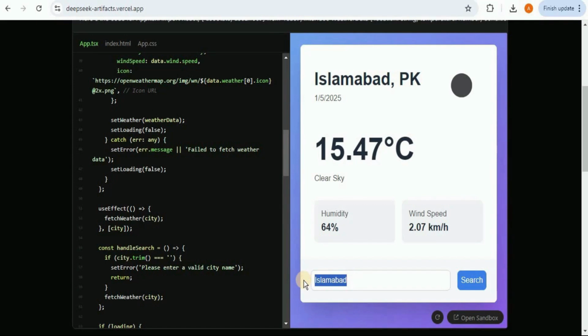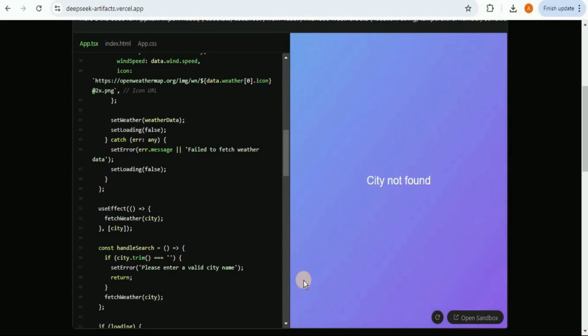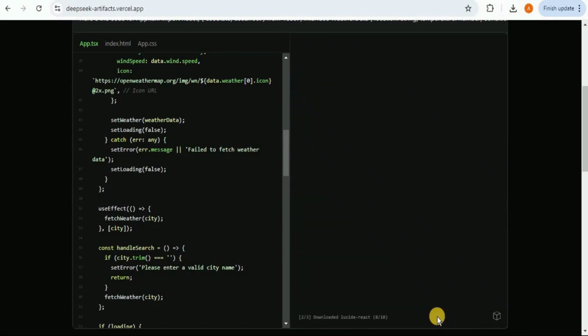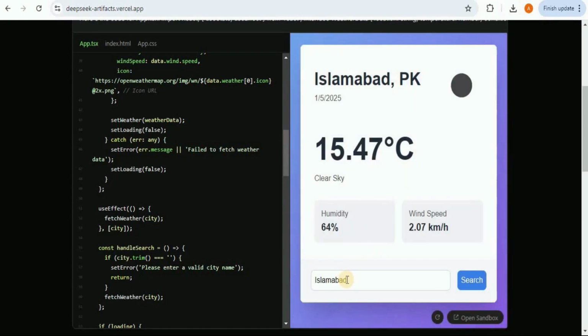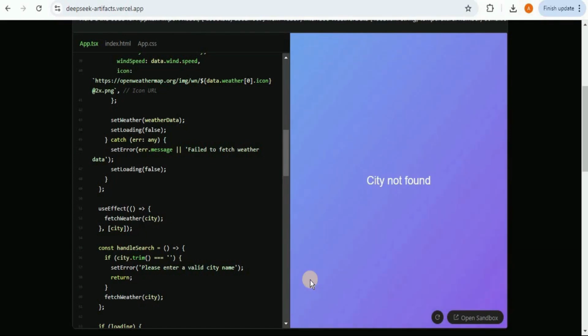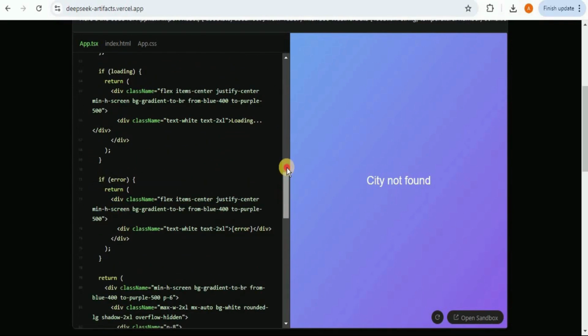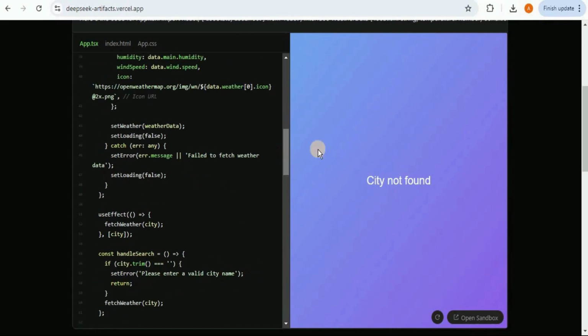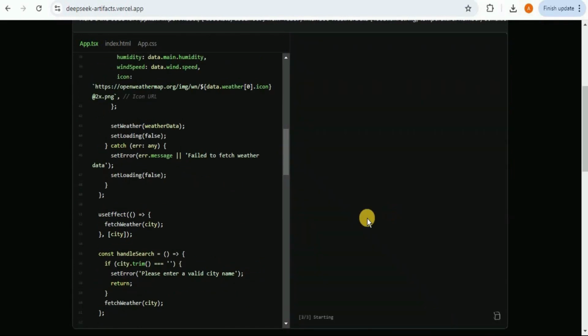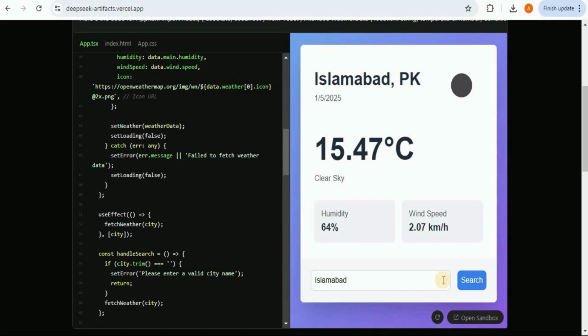So now let's try searching for any other city. Okay, once I simply press backspace, it said city not found. Let's try once again. Okay, here instead of Islamabad, I'm going to look for Chicago, and it is not allowing me to write anything. This is because maybe the code fetches the info at runtime and does not wait for the search button to be clicked. So now I actually want to add the feature where it will first wait for the search button to be clicked, and then it will provide the data fetched from the Open Weather Map API.